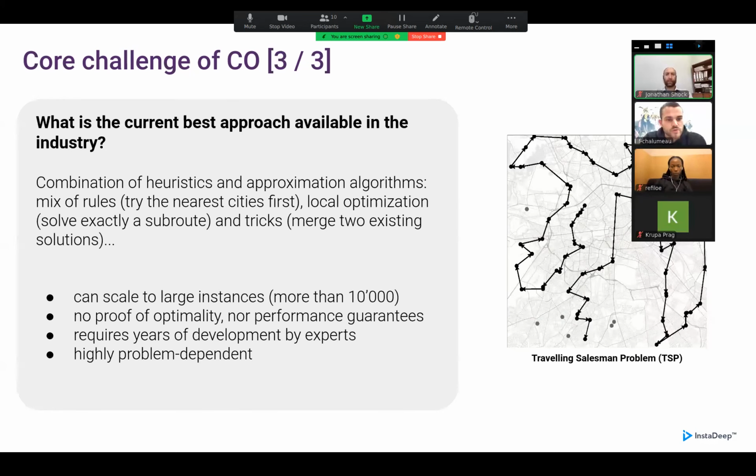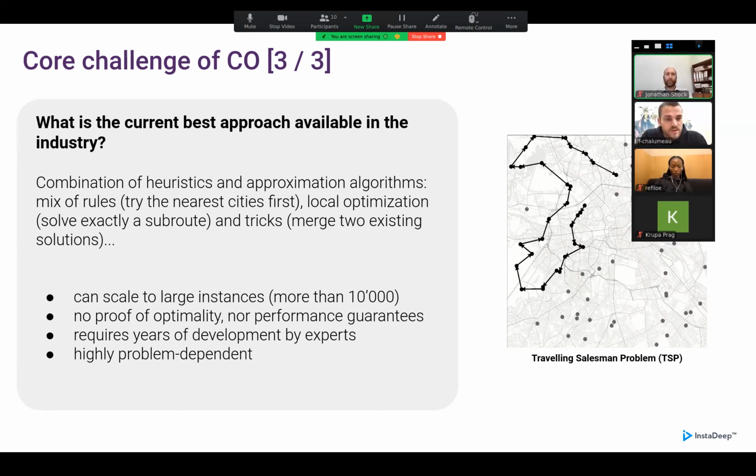You can also use exact optimization locally. So you can try to solve exactly a subroute, and then use tricks like merging several subroutes to create an entire solution. Those approaches that we usually refer to as heuristics can scale to large instances,